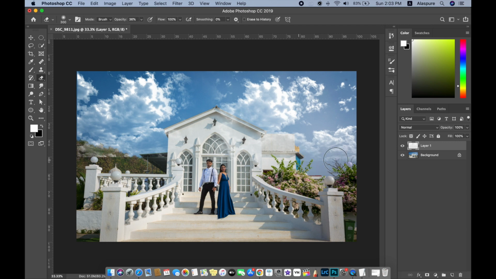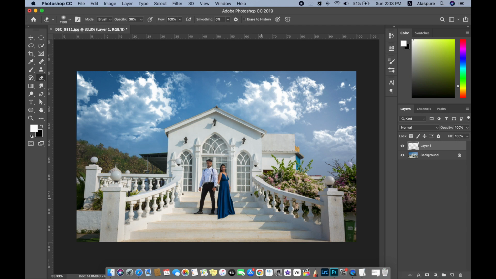You can just select everything using a select tool and separate this, or you can simply use the eraser tool and erase the clouds which you don't want to overlap on your images. Now I'm just erasing here. You can see that I'm erasing all the clouds which are getting overlapped on my image. There are many methods by which you can do that, and also I'm erasing the clouds which are getting overlapped here on the trees. And now I am done.